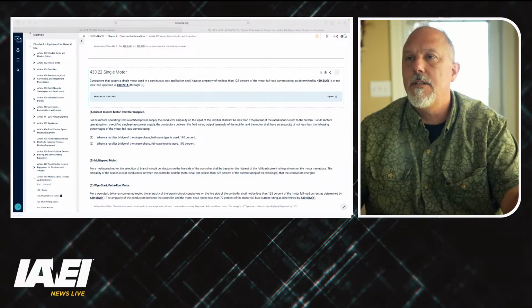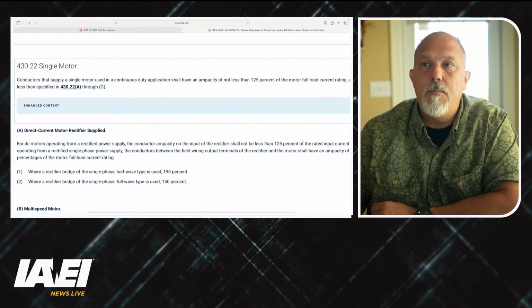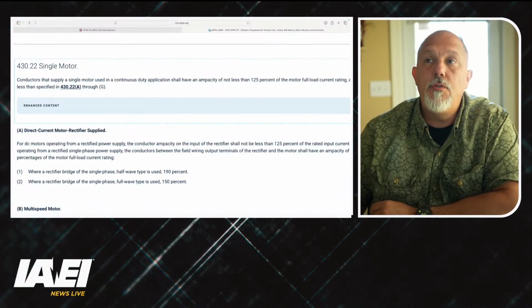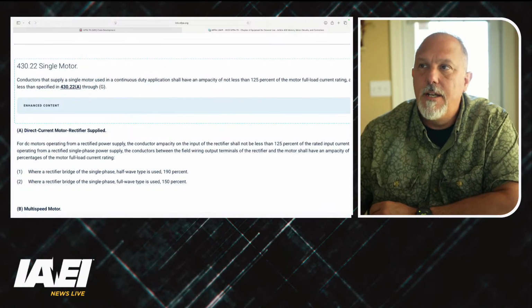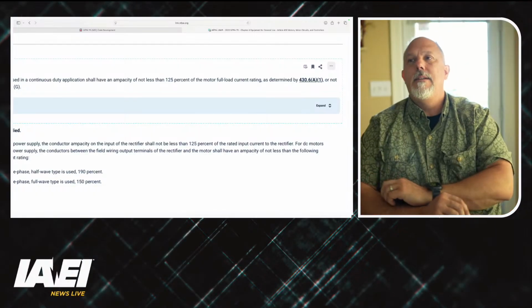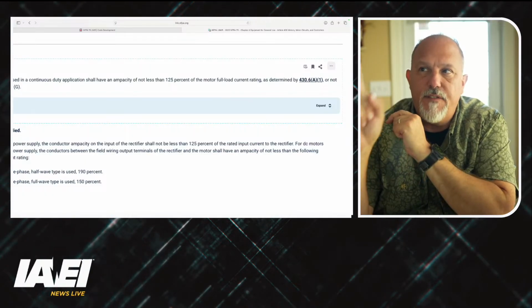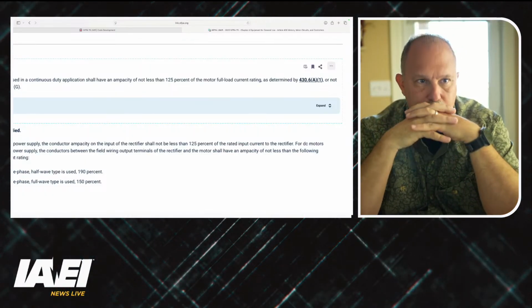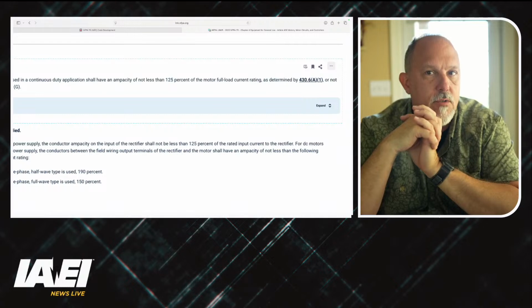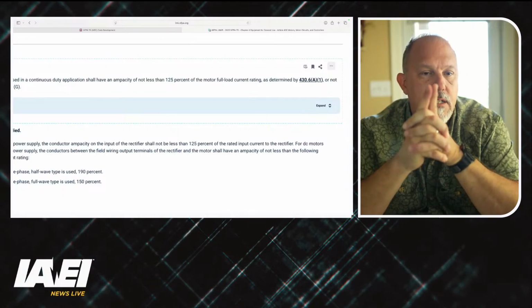430.22 tells us, look at this, conductors that supply a single motor used in a continuous duty application shall have an ampacity of not less than 125% of the full load current rating. Now, they take the route of 125% here, and this is where we could run into some challenges in double dipping, right? So Nihad's statement